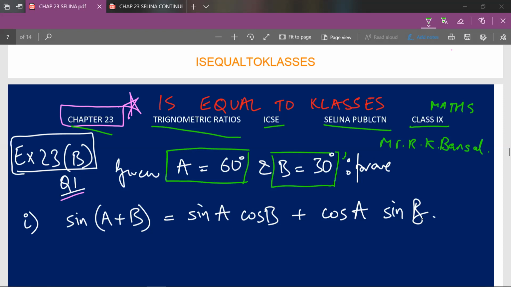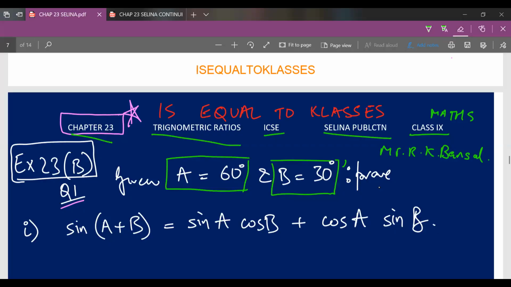So all we have to do in proof questions is that they'll give you a formula. So say for example, they'll give you this question, sine (A plus B) is equal to sine A cos B plus cos A sine B, and on both the sides you have to make sure that whatever answer you get, it is the same. That is, say for example in LHS you got the answer as 1. If on LHS you have gotten the answer as 1, then on RHS also, by solving this whole sum, you'll have to get 1. Then only we can prove that this LHS is equal to RHS. So with that thought, let us move forward and solve this question.